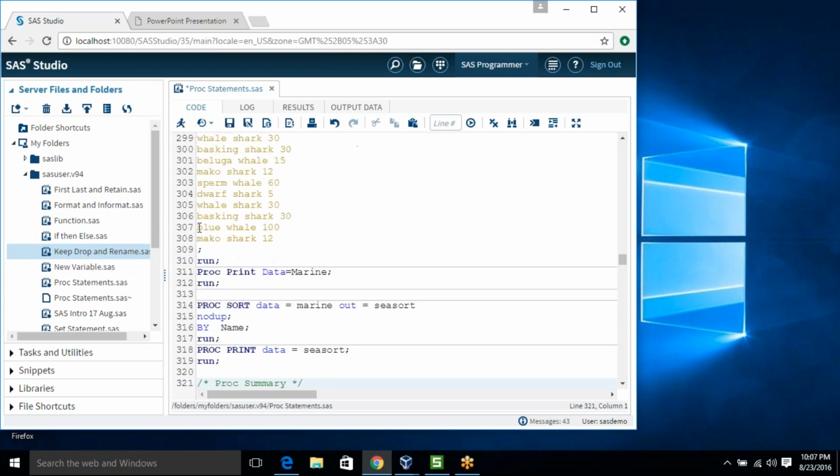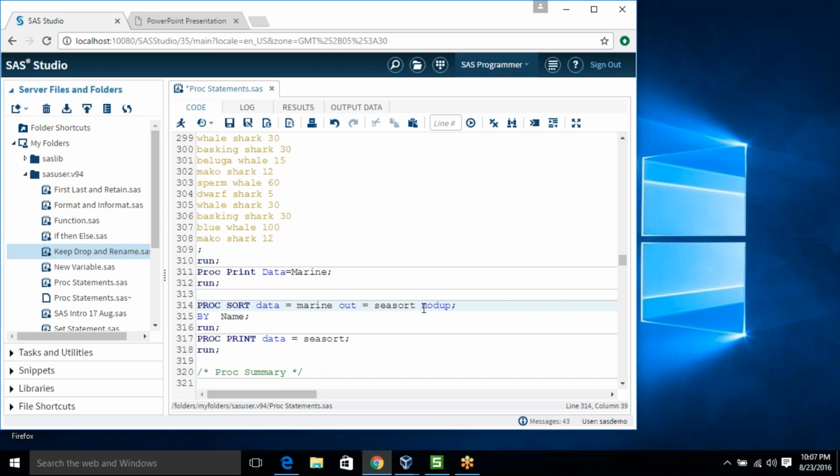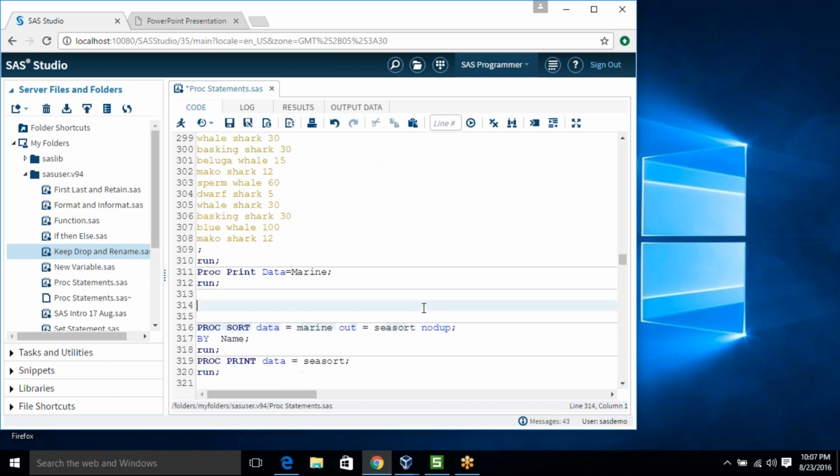Okay, the same thing I am doing again, first without the option and then with the option.